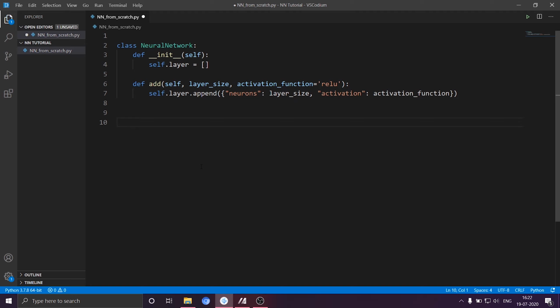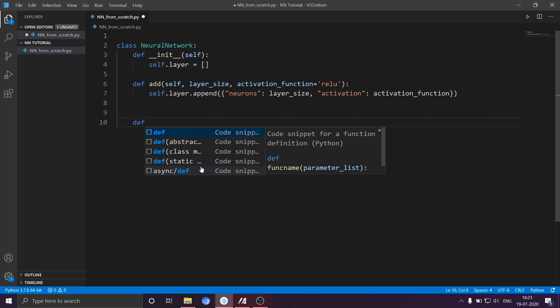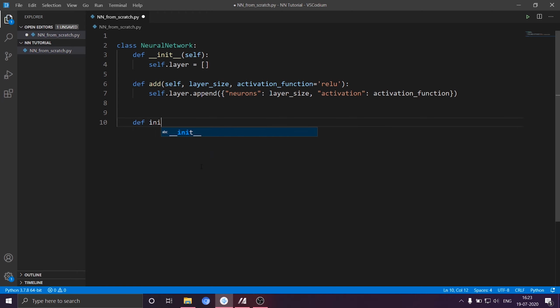Before we actually start with the forward propagation, we need to initialize the parameters. Note that the parameter W has dimensions equal to the number of neurons in the current layer times the number of neurons in the previous layer, and the dimensions of B in the same layer is equal to the number of neurons in the current layer times 1. So for the first hidden layer, the dimensions of W will be equal to the number of neurons in the first layer times the number of input features. So I think we should define a method known as initialize